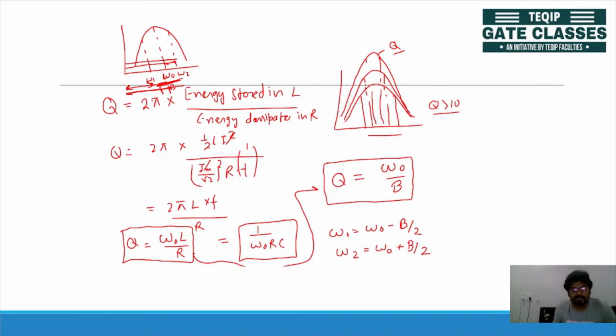Okay, so this is all about your series RLC circuit or series resonance. Okay, so same way you can have a parallel resonance also. In parallel resonance you have a parallel RLC circuit, and you do the analysis in terms of admittance. Here you are doing it in terms of impedance, and there you will do analysis in terms of admittance. Okay, so